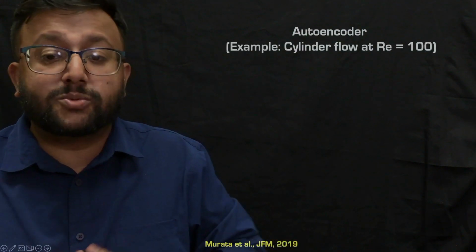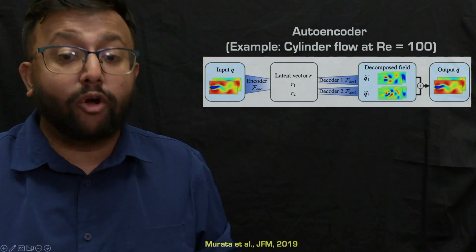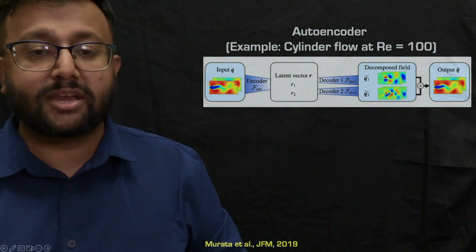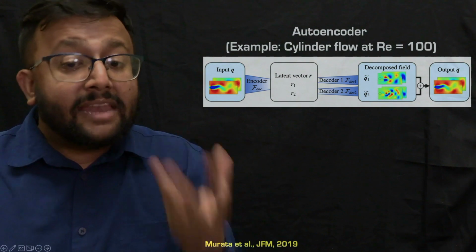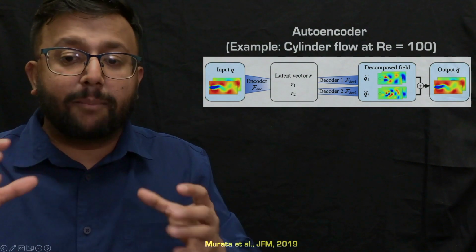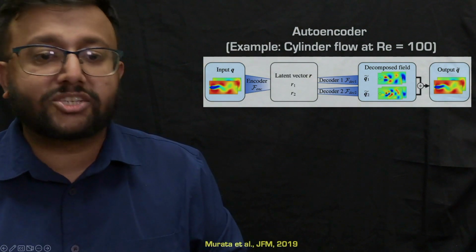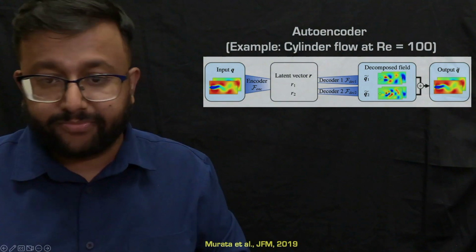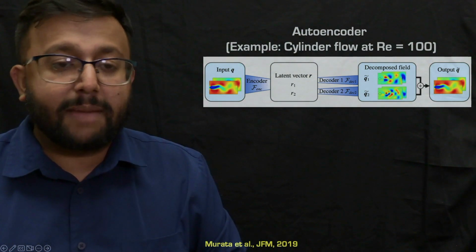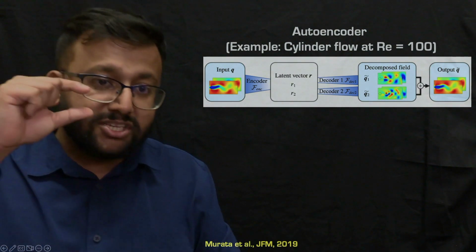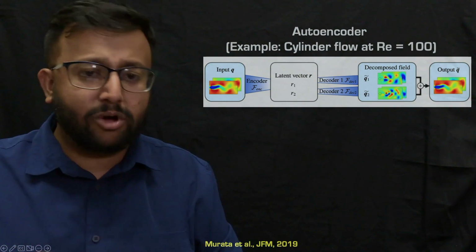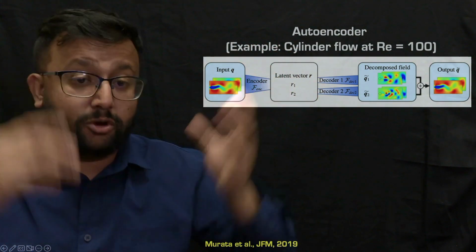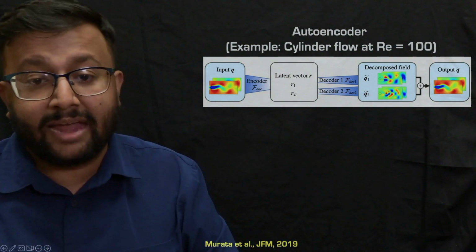So essentially what this means is we can take high-dimensional flow field input that comes from, say, a cylinder flow simulation, direct numerical simulation at a low Reynolds number of 100. We can then encode the snapshot inputs using a particular perceptron architecture. In this work, CNNs are used to get the latent vector R. So you get this latent space representation R, which is this hidden neural network consisting of just two perceptrons. In this case, we can compress it to just two latent space variables, R1 and R2.